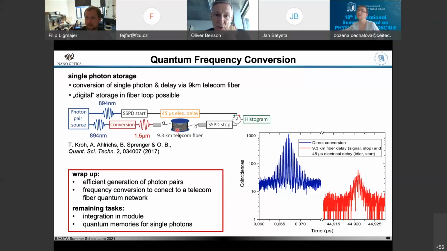And here, we use a coiled up fiber as a so-called quantum memory or a storage device. Yeah, it's more a delay like a storage device. But once you have the photons at 1.5 micrometer, you can send them in a fiber. It's coiled up here, circles around here, 10 kilometers, and then after some time it comes out. So in that sense, if you can, in a controlled way, send in a photon in a fiber and extract it, that's kind of a memory, or at least you can delay it for quite some long time. And then you need detectors to correlate this, and with some correlation measurement, you can do this nicely.